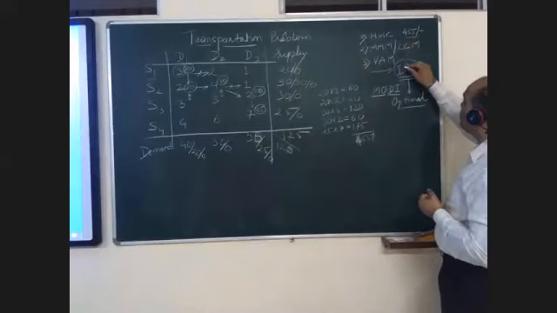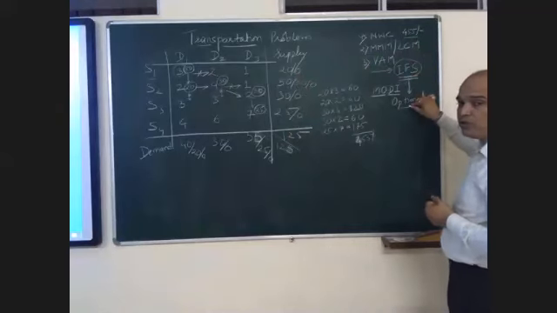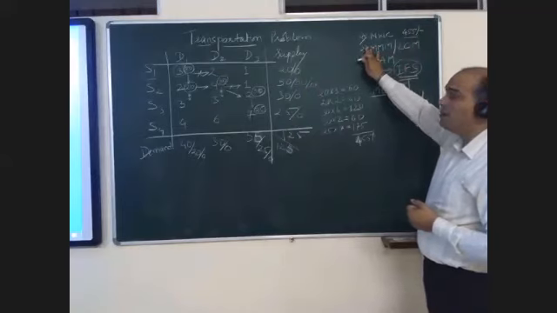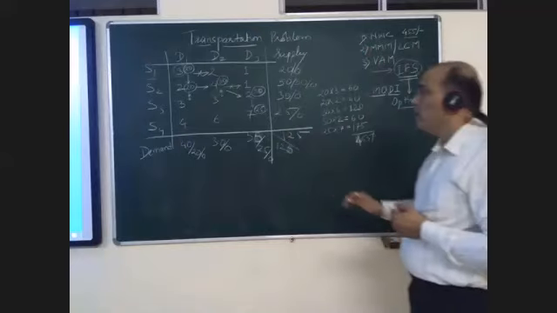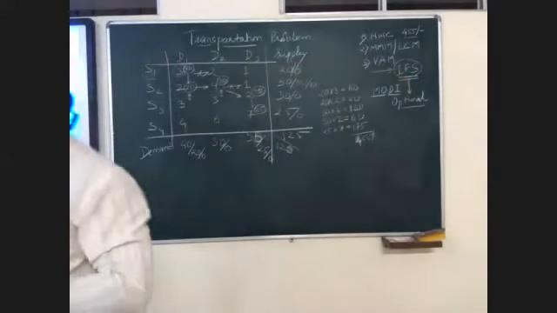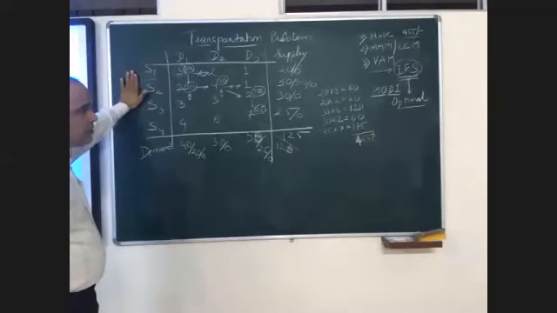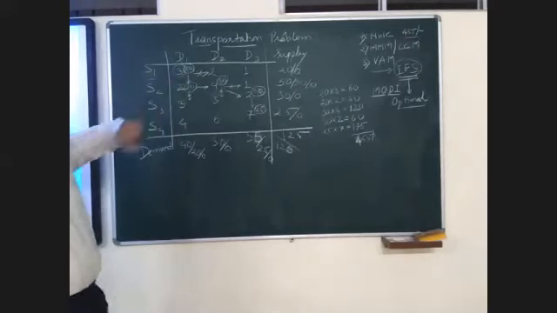But as I told you, this is an initial feasible solution. It is not the optimal solution. We will see the Modi method once we complete the matrix minimum and VAM methods. Look at this problem. I give you 2-3 minutes. Try and understand the steps. These steps are very easy, logically correct. In case of any problem, please let me know. If done, I'll start with the matrix minimum method.